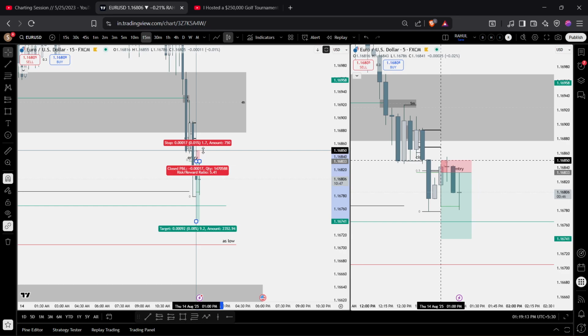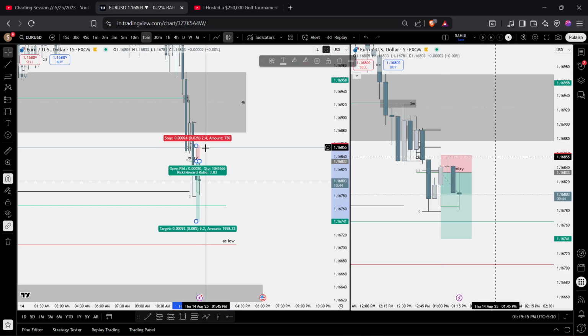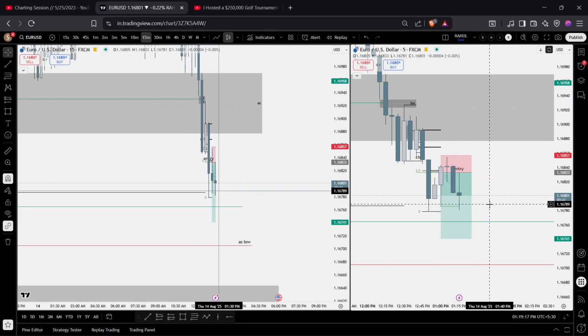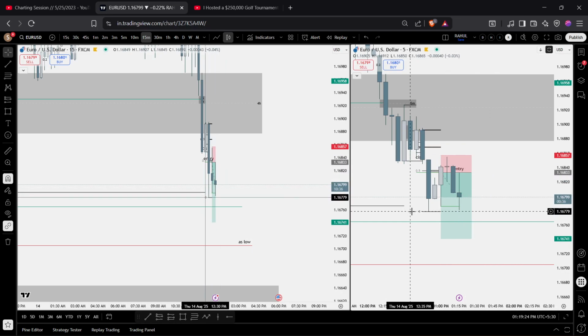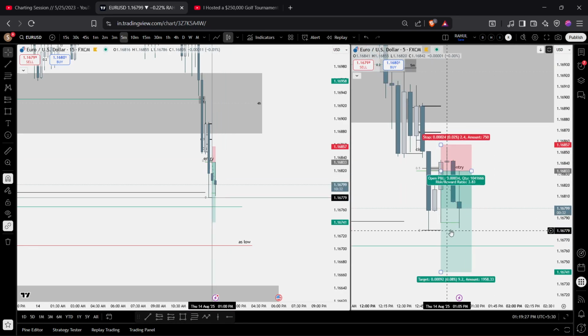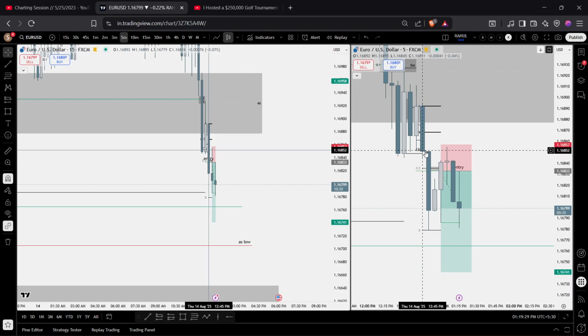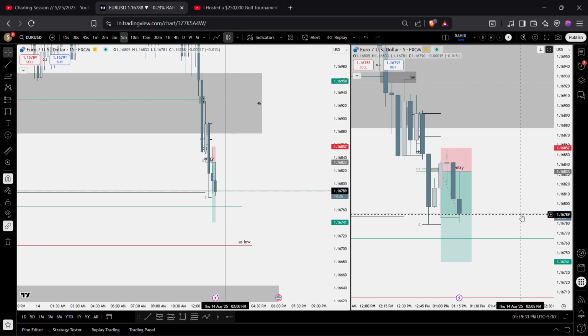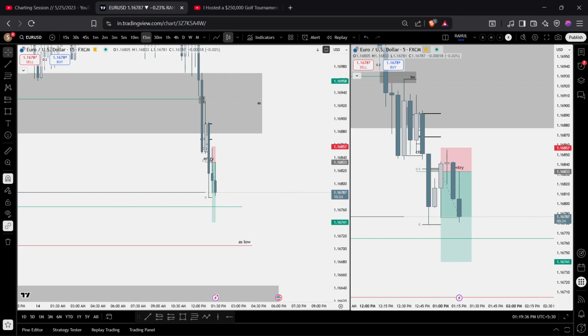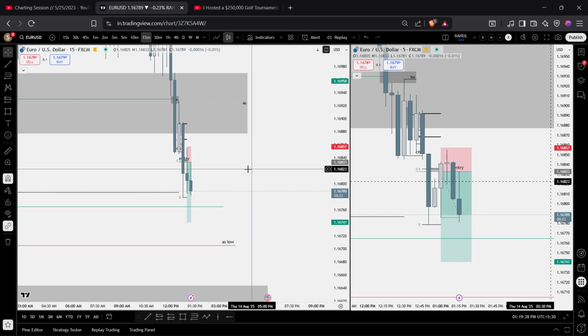So here. Let's see if after this movement we get a close here. Eventually this is the break even point. This didn't get swept. This is the proper break even. I just reduced my stop loss. I reduced the risk on the table. Okay, that's the plan as of now. Let's see what plays out.